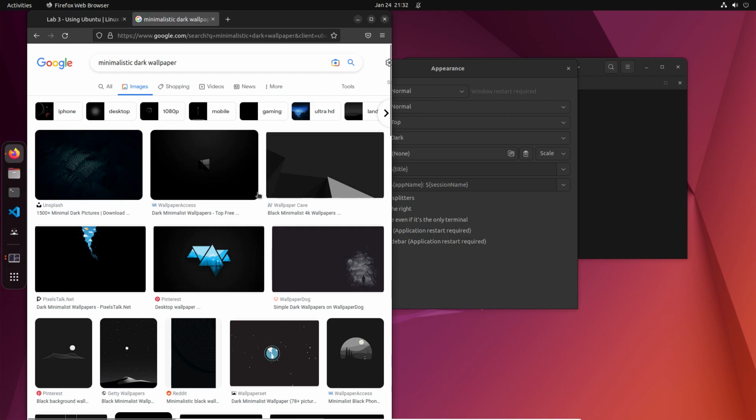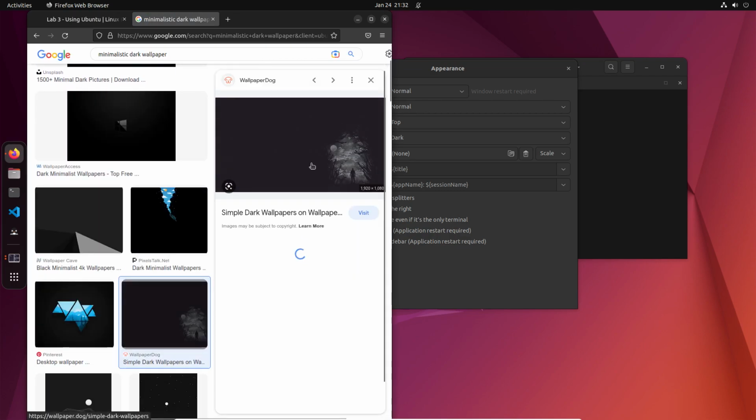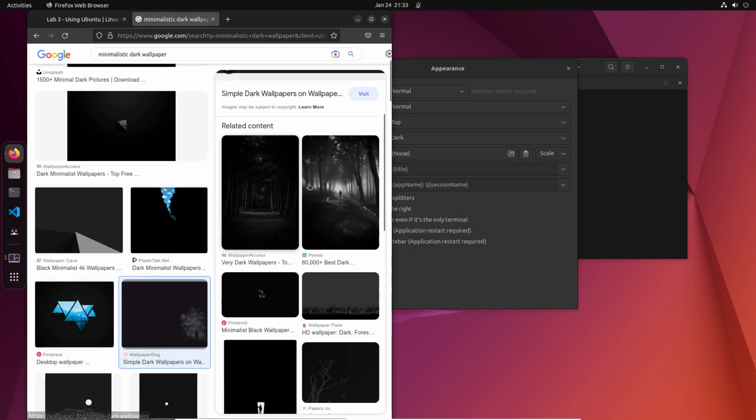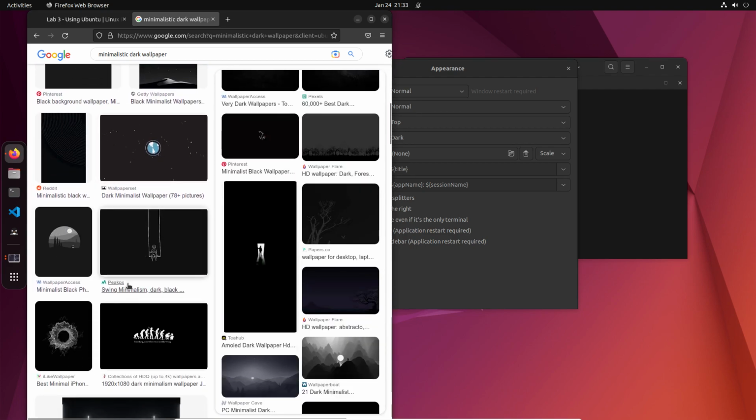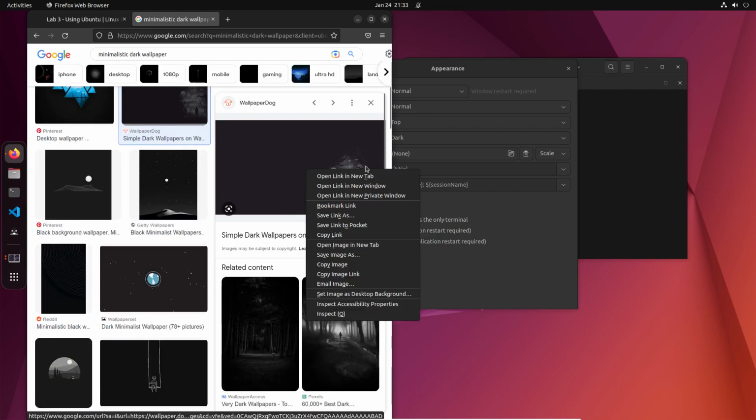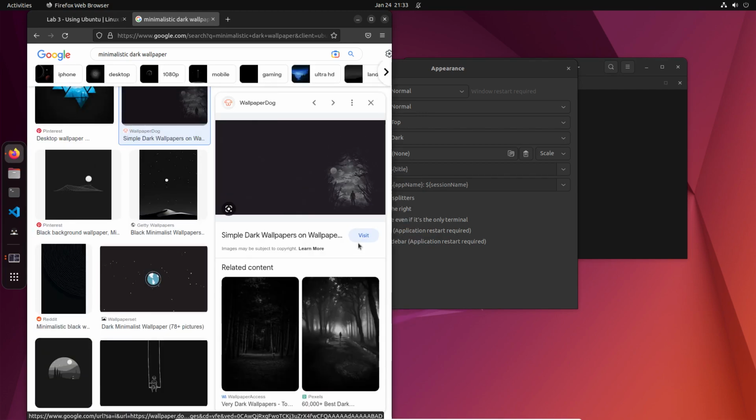So it looks at something interesting. I like this one. It's a little interesting, right? That's a nice one. That's a nice one too. Yeah, I'm going to go with this one. I'm going to save, open image in a new tab,